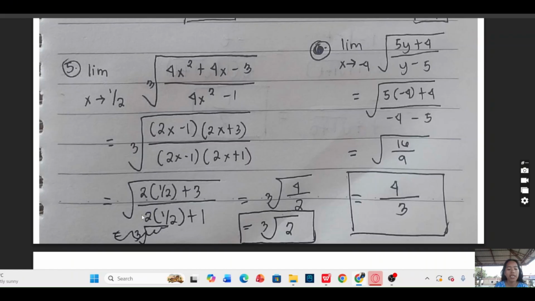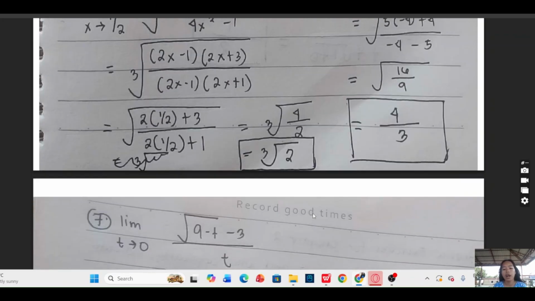So our expression now is 2 times 1/2 plus 3 over 2 times 1/2 plus 1. And we will obtain the cube root of 4 over 2, and that would be equal to the cube root of 2. So now